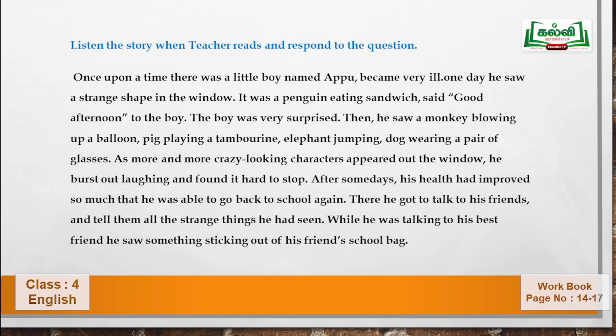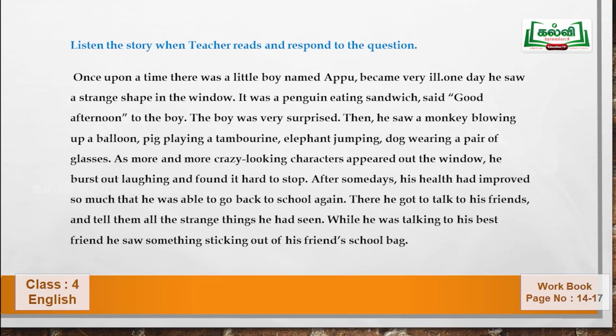Once upon a time, there was a little boy named Apu. Became very ill. One day, he saw a strange shape in the window. It was a penguin eating sandwich. Said good afternoon to the boy. The boy was very surprised. Then he saw a monkey blowing up a balloon. Pig playing a tambourine. Elephant jumping. Dog wearing a pair of glasses. As more and more crazy looking characters appeared out the window, he burst out laughing and found it hard to